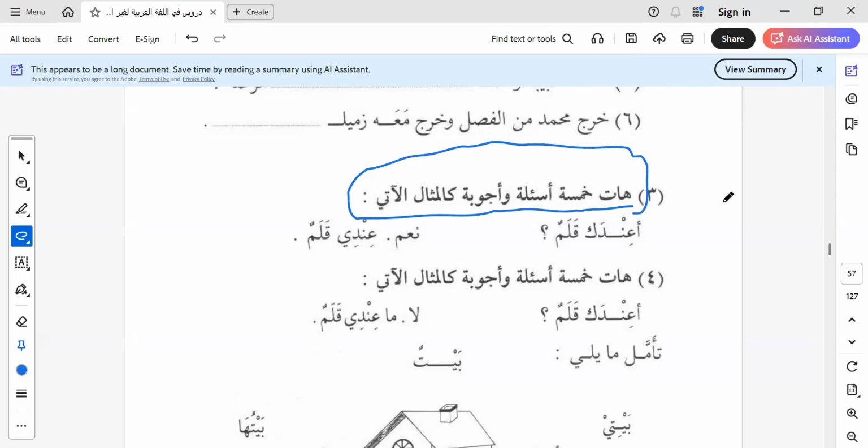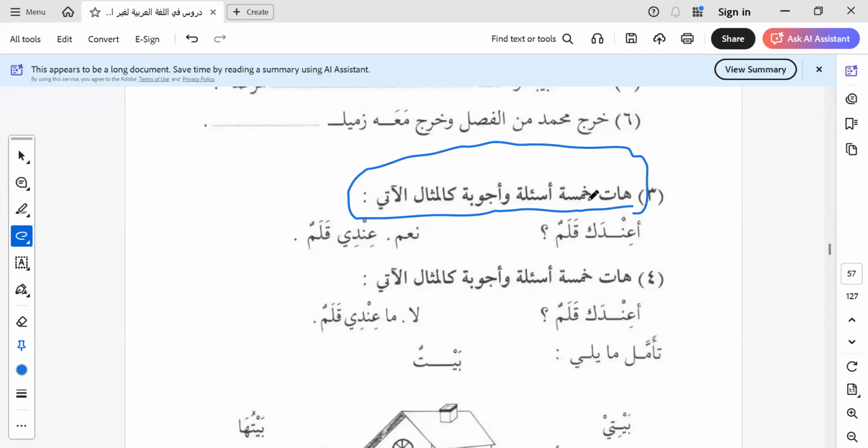Okay. So now let's learn on what you have just read. Hati, that's correct. Hati khamsata as'ilatin wa ajwibatin kal-mithal al-aati. Bring 5 questions and answers like the following example. So why 5